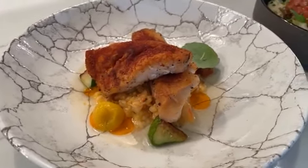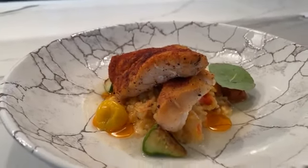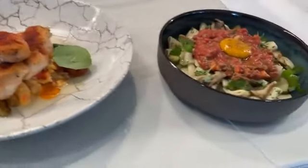Rice that we produce here in Jupiter, Florida. Tomato water, and also in the risotto you'll find Key West pink shrimps. So here's our